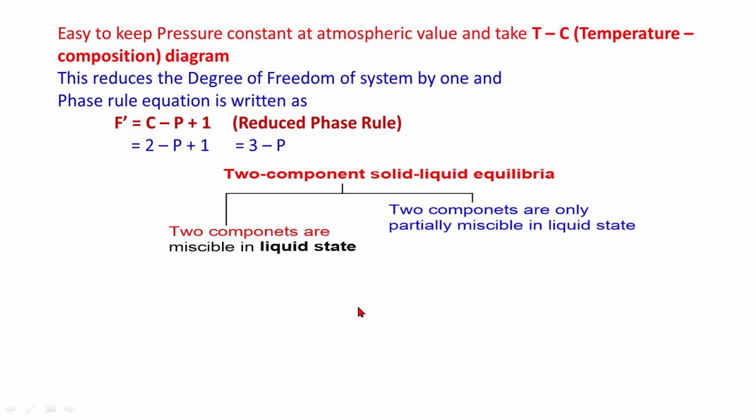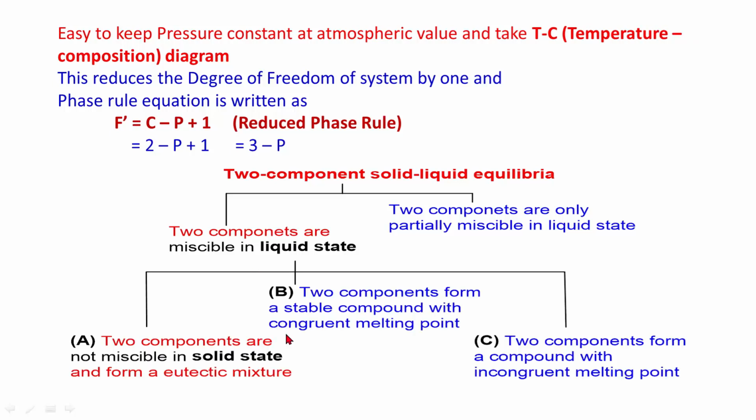Two component solid liquid equilibria can be of two types. Two components are miscible in liquid state. Two components are only partially miscible in liquid state. These are further of three types. Type A, two components are immiscible in solid state and form a eutectic mixture. B type, two components form a stable compound with congruent melting point. C type, two components form a compound with